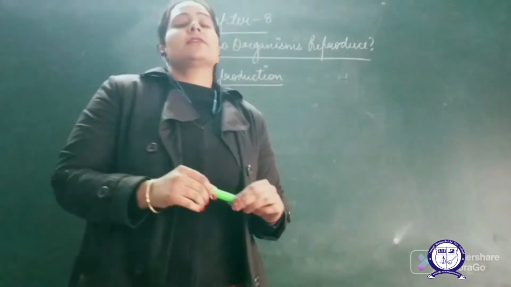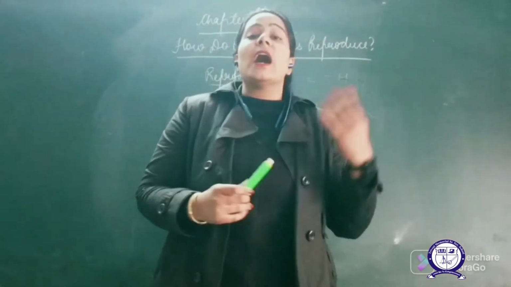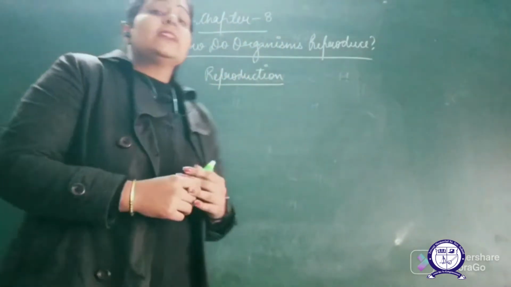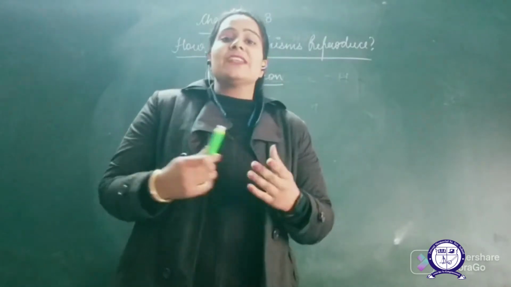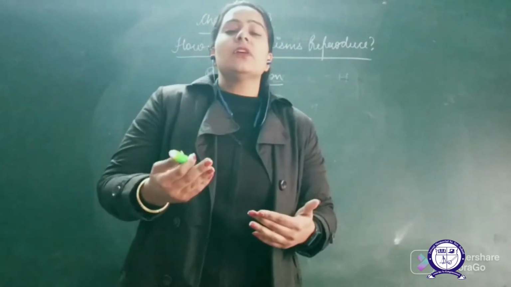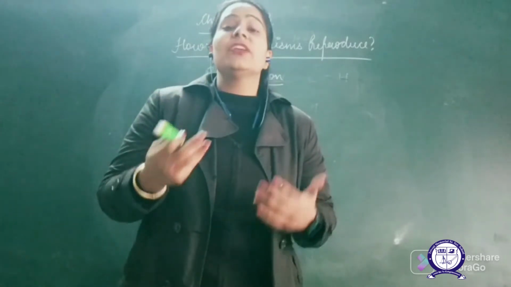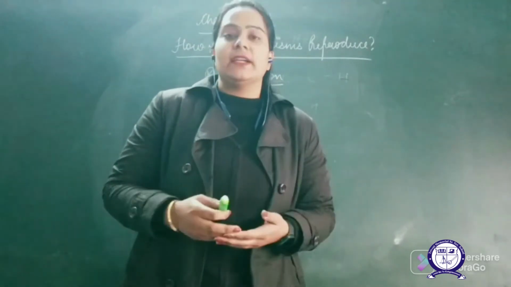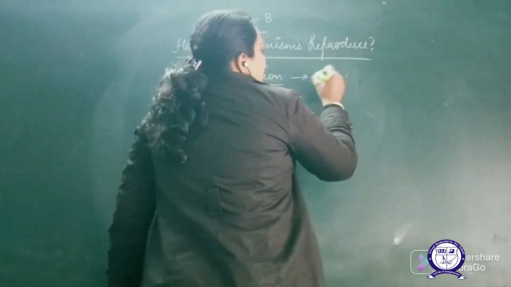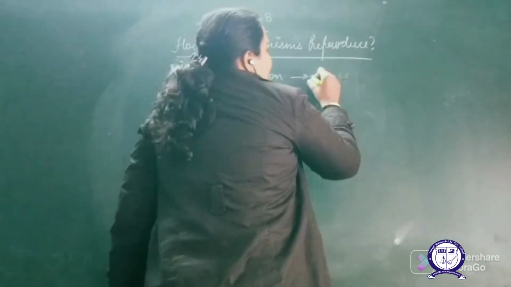Good morning class. So today we will be doing chapter number 8, how do organisms reproduce. So reproduction, it is no new term for you. As you have studied in smaller classes also, reproduction means to produce a new young one, to give rise to new young one of same kind as of parents. So reproduction is to produce the young ones